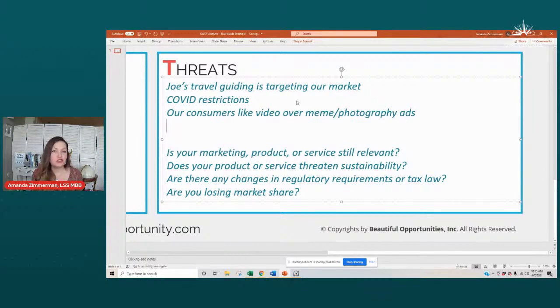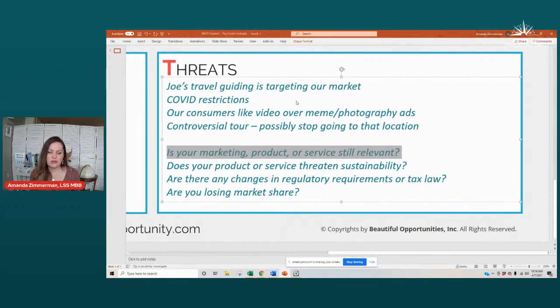Maybe you did a tour that was controversial, to the point that you really shouldn't be doing it. It's actually a negative on you. So we won't say the types of tours that might be controversial. We'll just say a controversial tour, possibly stop going to that location. Maybe it's shark diving, or maybe it's with the whales, a practice or a group that you connect with that is not respecting some of the expectations around cetacean life